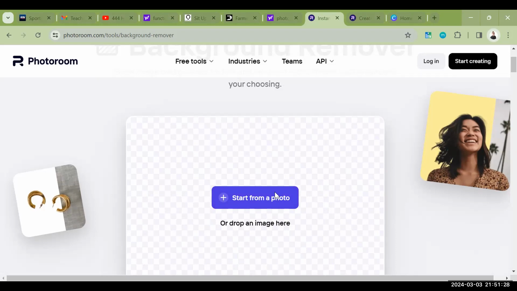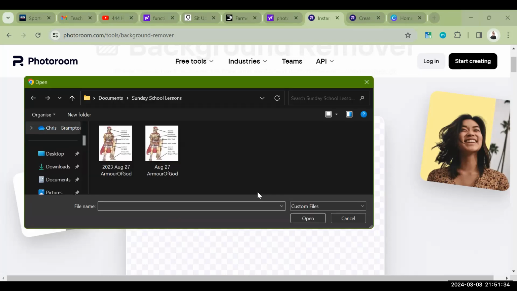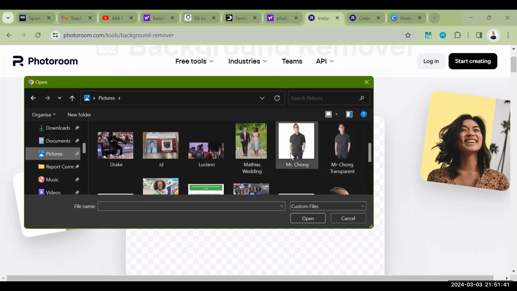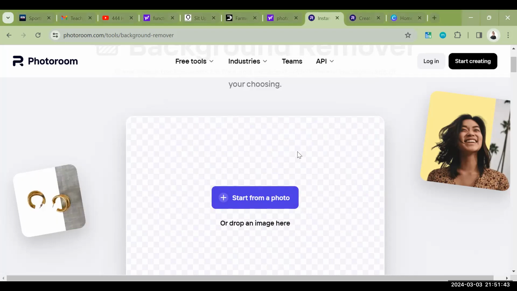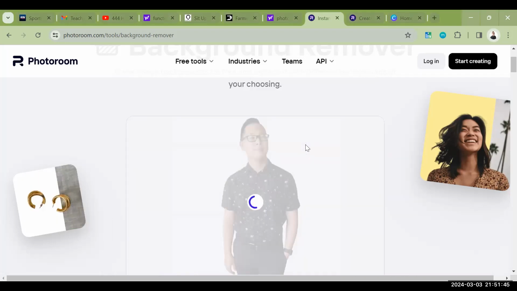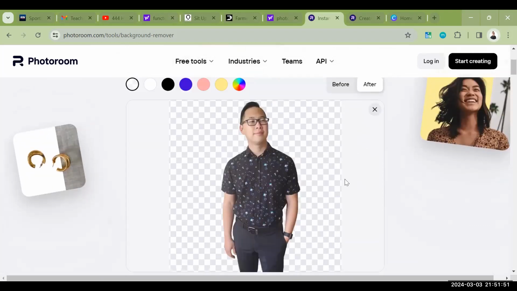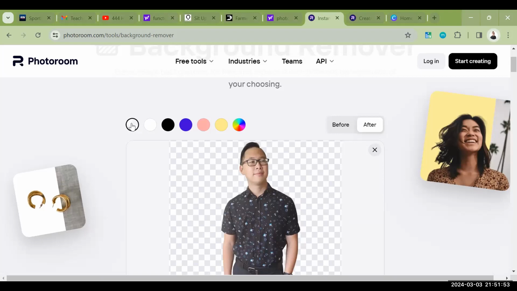So we're going to go ahead, click on Start from Photo, or you can drag and drop the image directly here. And we're going to import the picture of me. Okay, and there it is. So if you notice, we have the transparency